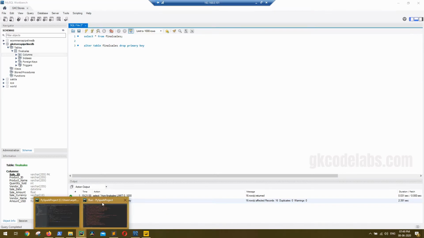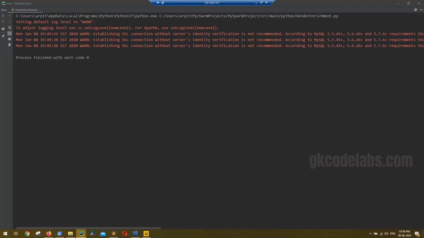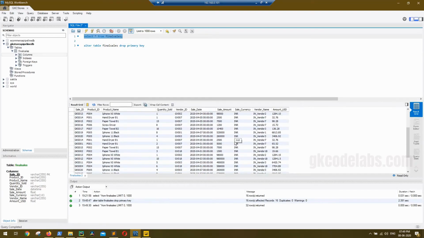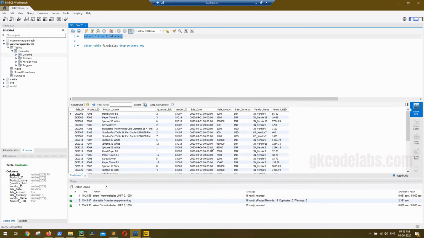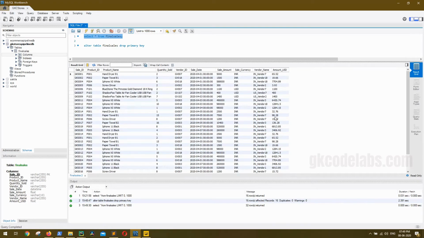Now let me try to run the code again. Minimize this, run it. Yes, now it is entering. And let me see in my database. Yes, you can see the same records are appended again, but we did this just for testing. What we wanted is our USD amount to change, and let's suppose this is the scenario where next day data is processed, and finally we have more amount USD in our final column.